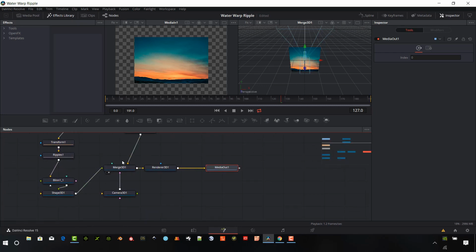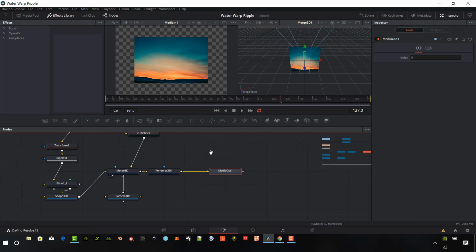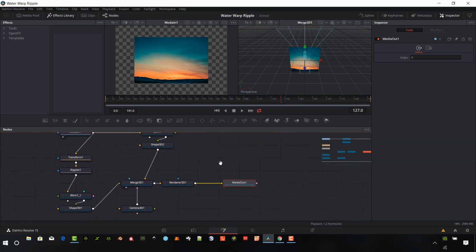And we have the 3D camera just to position our camera so we have a good angle for our shot. And also we have the render and then media out. So this is a pretty simple flow setup. And so we want to do some things here in the actual